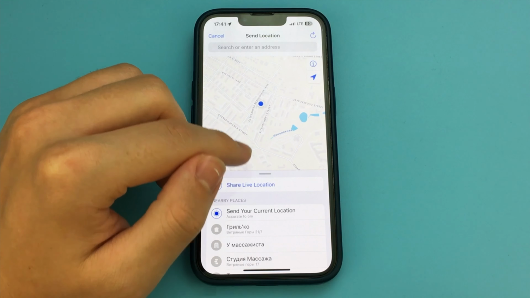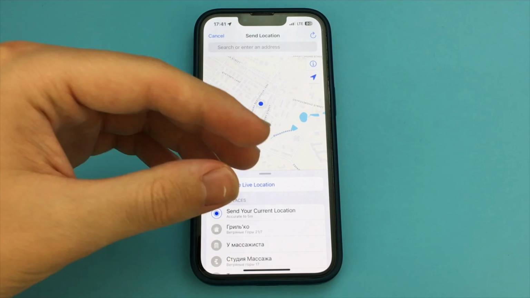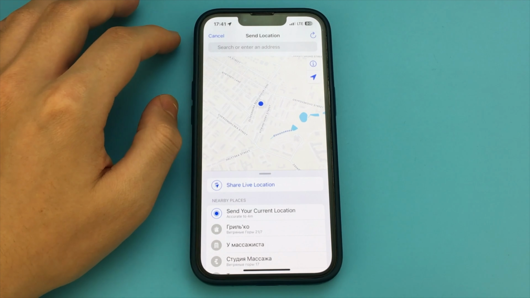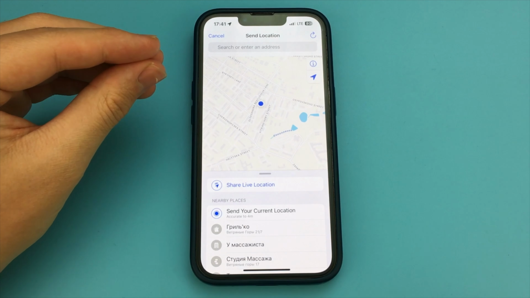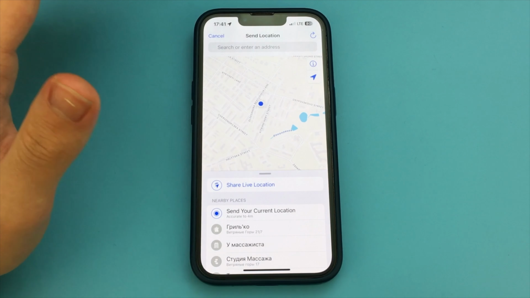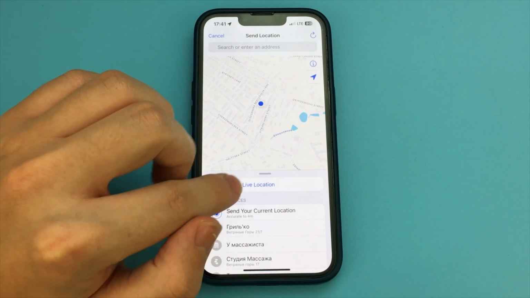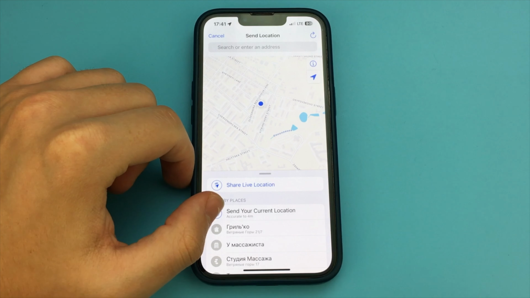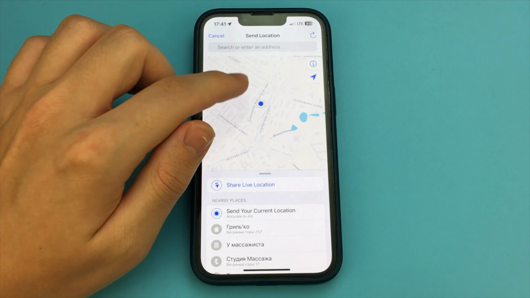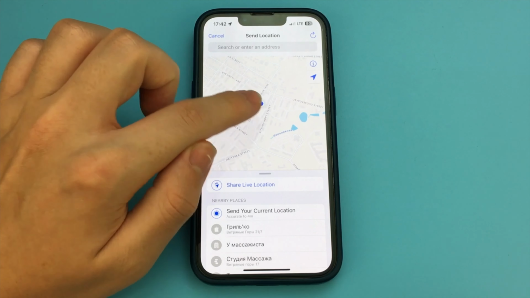That's the easy way. If we want our friend to see our movements on the map, we again click plus and open location. And click Share Live Location, and click OK. Now open the settings and enable functions so that they can see us. Turn on Always. Go back in the application and choose a period in which to show our position on the map. There is a small selection here. We choose and send to our friend.